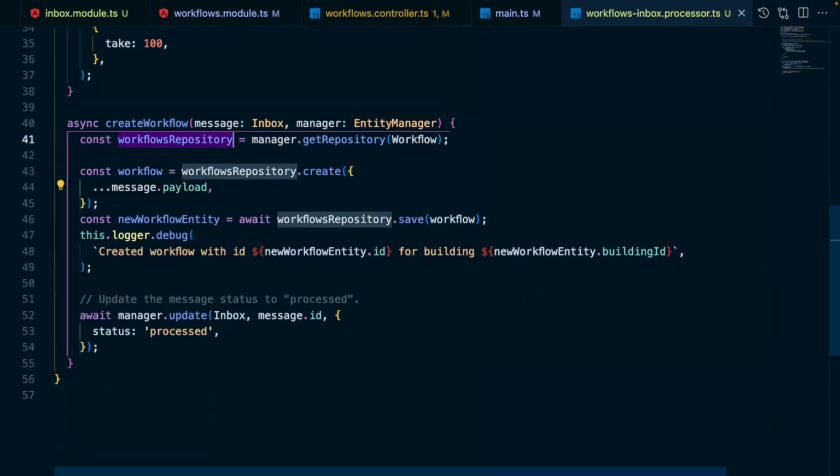First, we need to retrieve the workflow repository from the Entity Manager instance. Next, using the create method, we create a new workflow entity and then save it to the database using the repository's save method. Last but not least, we update the message status to processed so that it won't be processed again. Since every operation is already wrapped in a transaction, all these changes will be committed to the database only